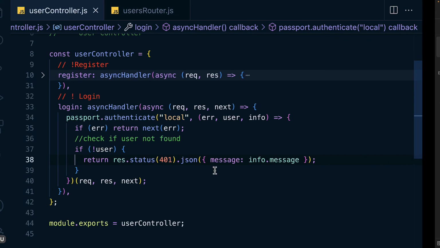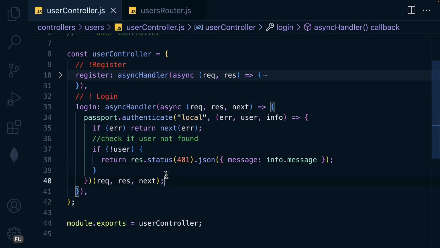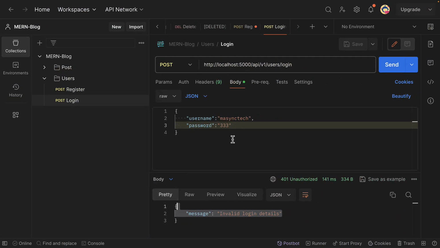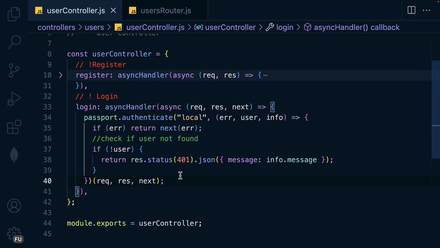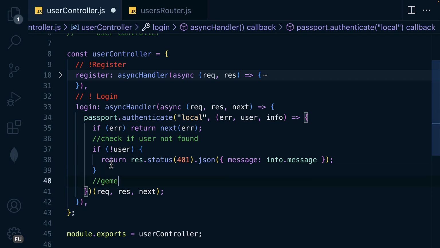Awesome. So the next step is that we need to generate a token and assign it to this user, as we have already explored under the JWT overview. So how are we going to generate the token? It is easy when using Express. So down here, we will say generate token,